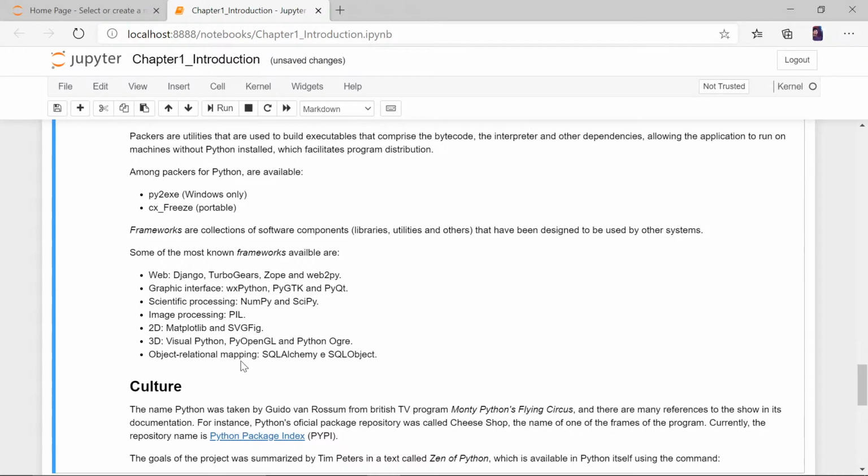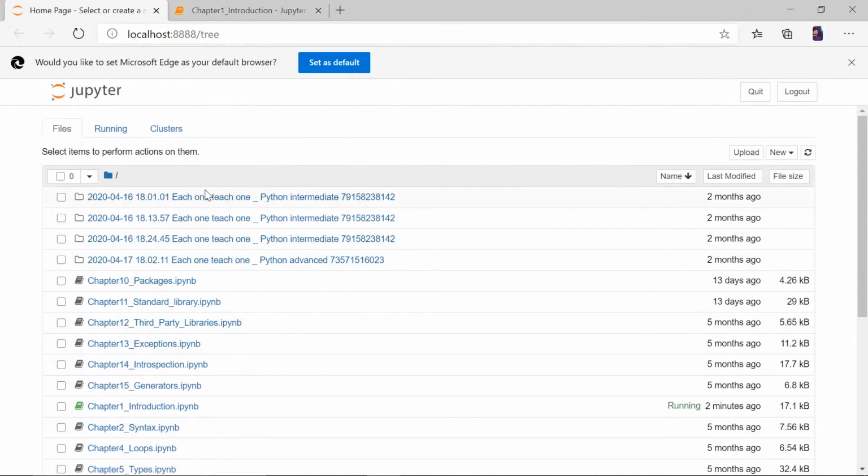Object relational mapping, SQL Alchemy, and SQL Object. There was also this thing called SQLite. If you have heard of it, SQLite is the fastest database you can ever have, because wherever your code is stored, like all these notebooks were stored in a certain folder. If I open this notebook from a different folder, I can do that.